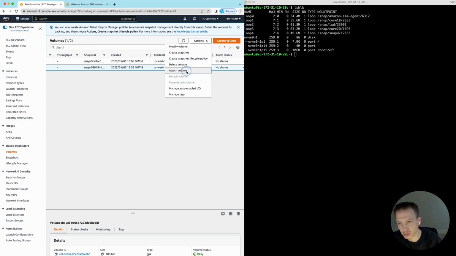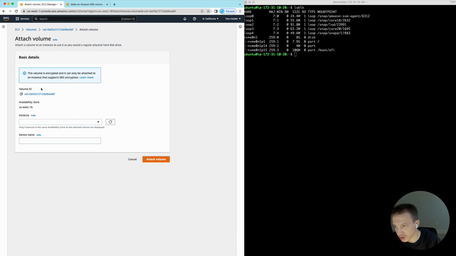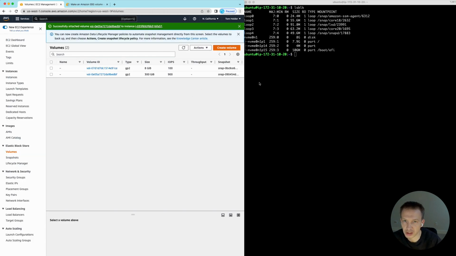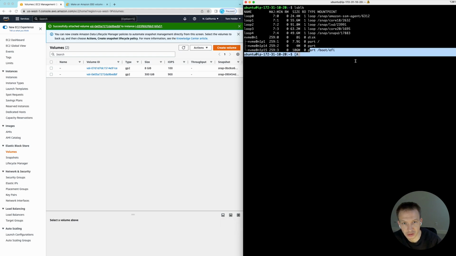So if I click the Actions button again and go to Attach Volume, I can then find my instance and click that, and I can give it a device name. There's a little note here to do with newer kernels, worth taking note of. I create that. So on the right hand side here, I've actually already logged into my server, and you can see I ran lsblk, and that was prior to the attachment. And if I just run that again,